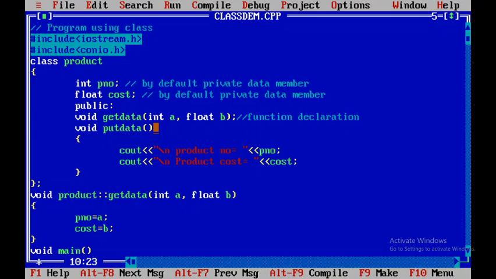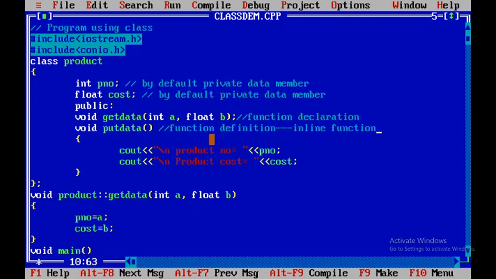Immediately after this putData I am going to define it over here. So I write here function definition, that is an inline function. This is my inline function.